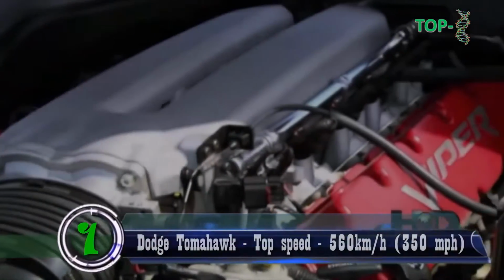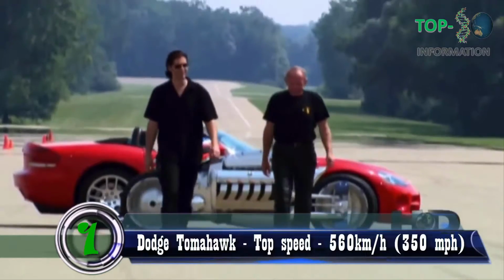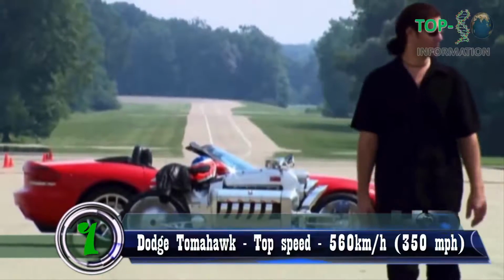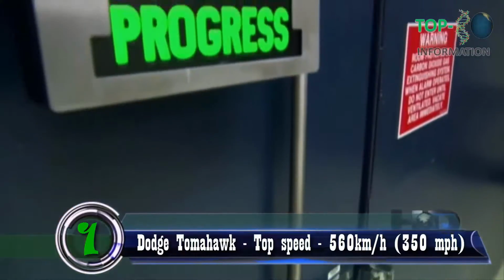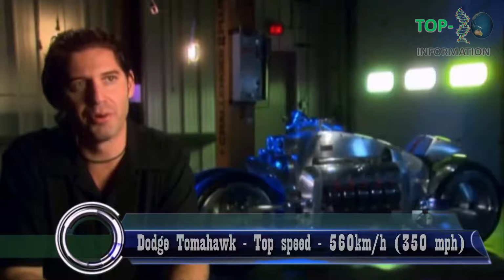Some thought the idea was insane, but when senior designer Mark Walters learned of it, he jumped on board and started drawing up plans for the Dodge Tomahawk. The project was immediately greenlit. The process by which we fabricated the majority of the parts of the Tomahawk involves using a computer and some